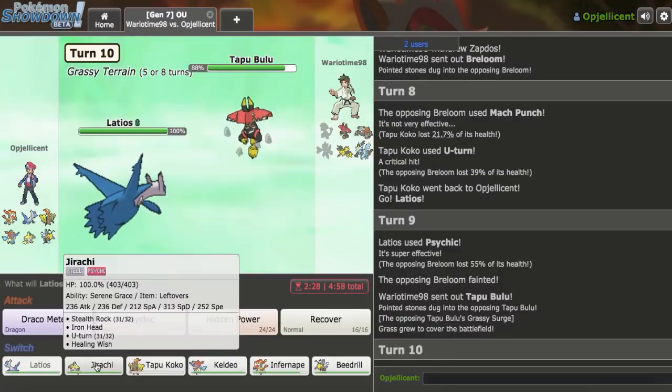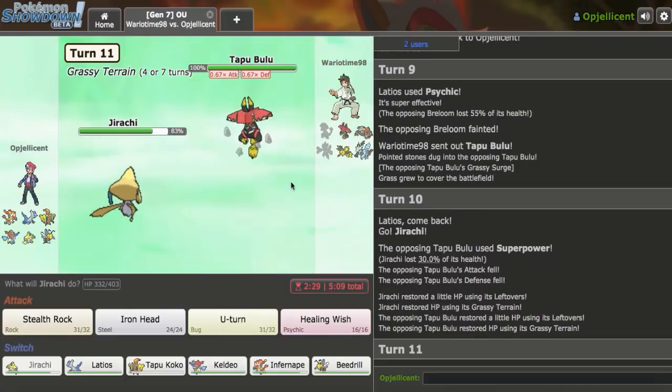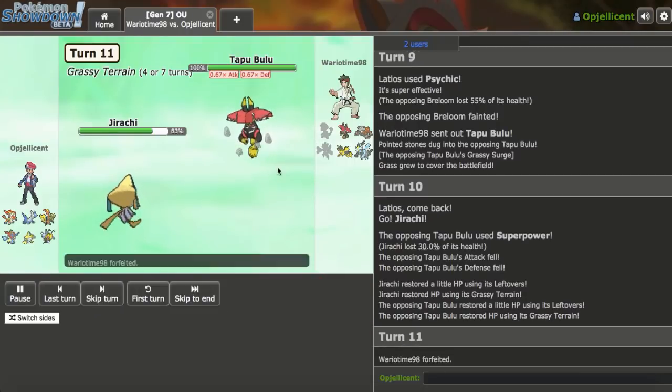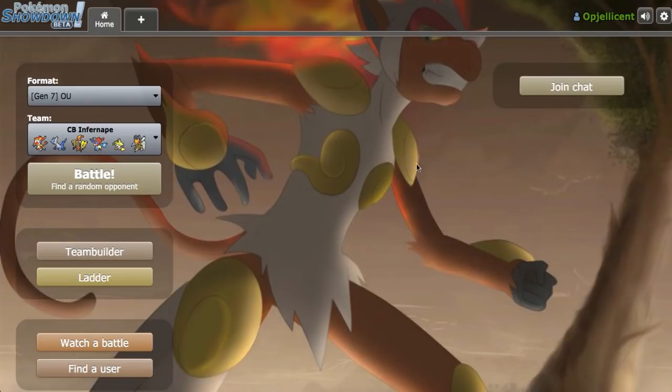I still do have a healthy Jirachi, so that's my bring-in here, to make sure that he doesn't sweep me with like a Bulk Up or anything. Now I just click U-turn. He clicked Superpower, so he's just going to go ahead and run from the game. I'm going to end off the live right there just because I don't want to...